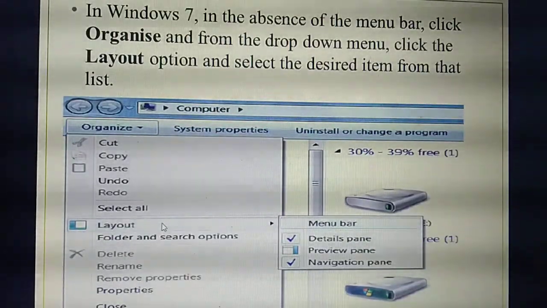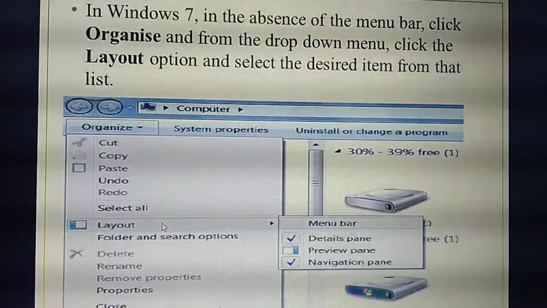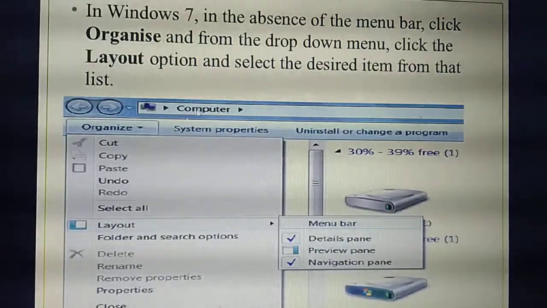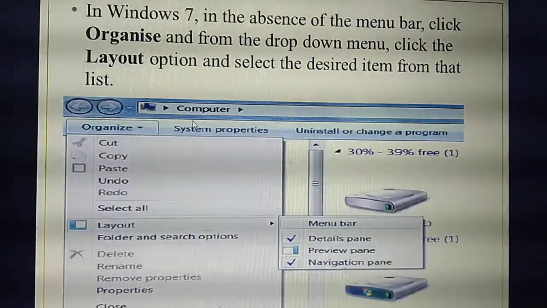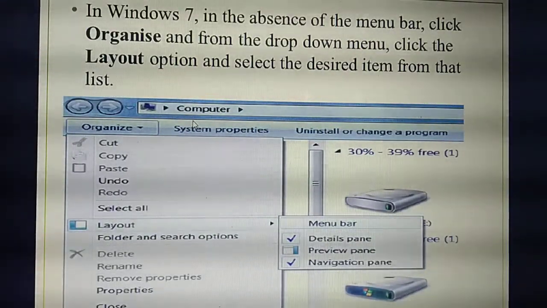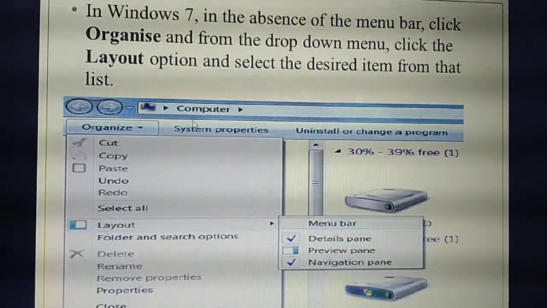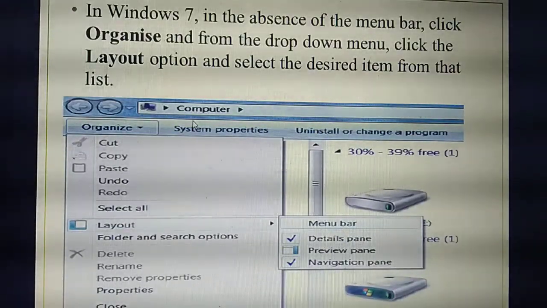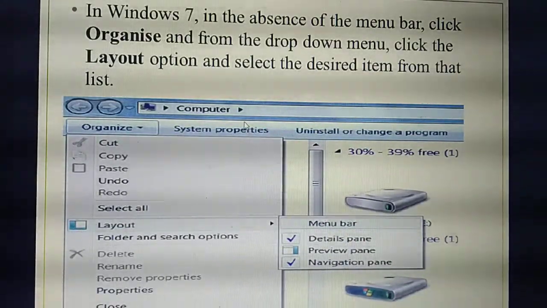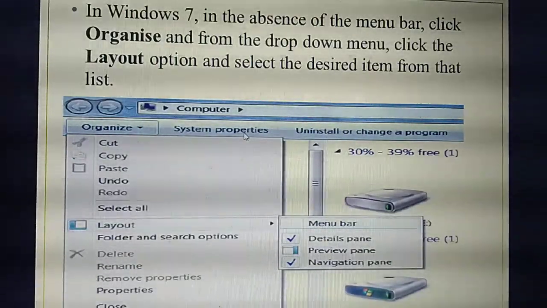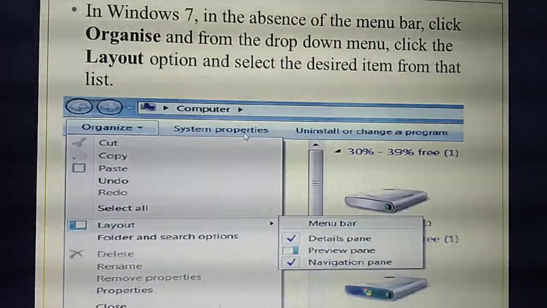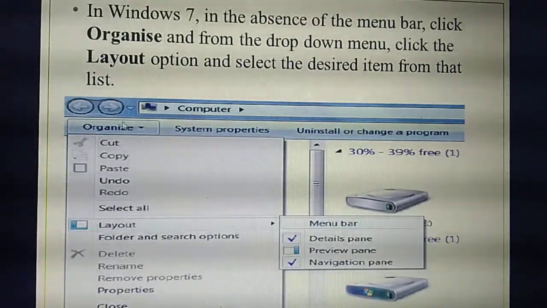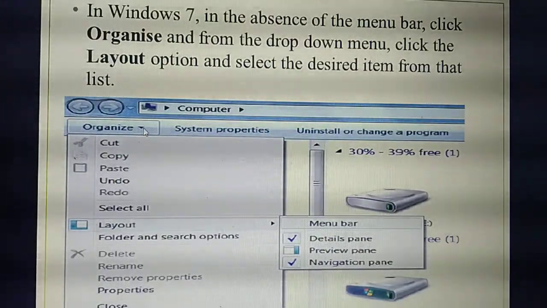So listen. In your book they have explained the Windows 7 operating system. In Windows 7 sometimes the menu bar will not be there. Okay, in the last slide I showed a menu bar with file, edit menus. Likewise, in Windows 7 the menu bar will be there, but sometimes it will not be displayed at the top. At that time, where do you need to go to select the menu bar? Listen carefully. In This Computer, have you seen this Organize button?